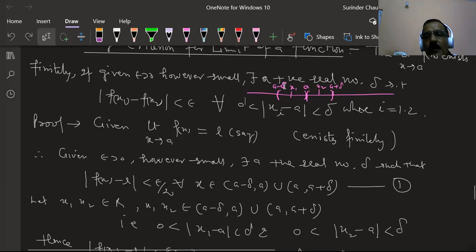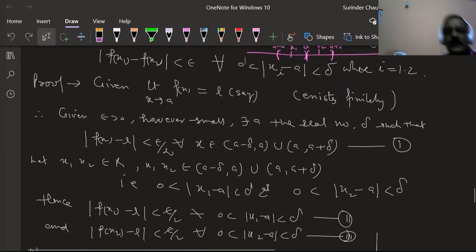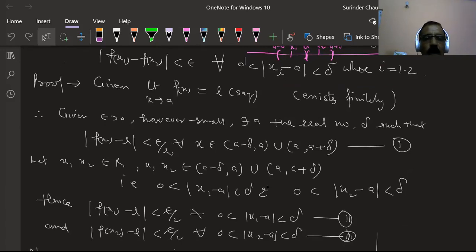Both the same thing means we have taken the points x1, x2 belonging to the interval a minus delta to a open interval union a to a plus delta open interval. Either both from here, or one from here and one from there. Now, this inequality holds true for all points. So this holds true for x1: |f(x) - L| is also less than epsilon by 2 for all